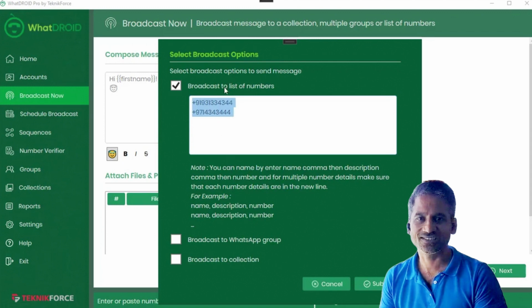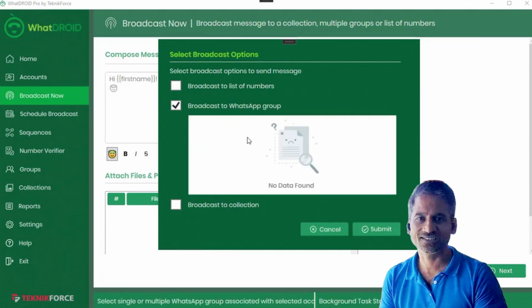so you can send a message to any country, any contact you want. You can broadcast to a list of numbers, or you can broadcast to a WhatsApp group. So if you've got any WhatsApp group that you've collected from the group section over here, you can broadcast to that group. And what that will actually do is it will pick out every person from that group and send out a separate message. It's not going to send a message to the group. So you will be able to do that individual messaging that I told you about.